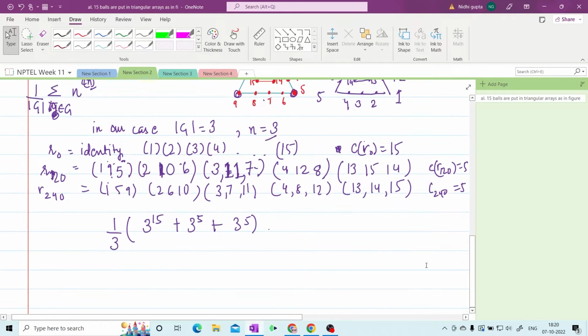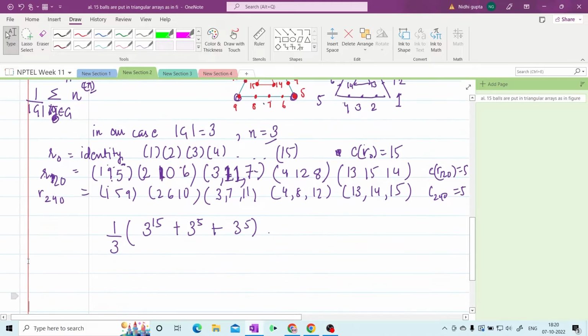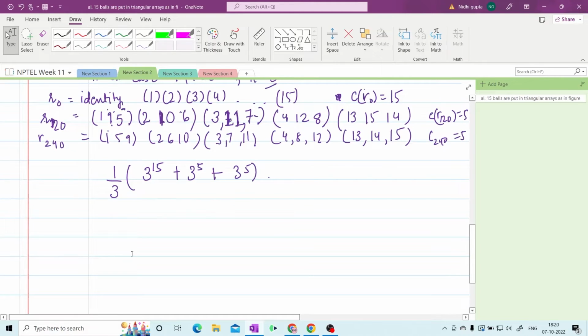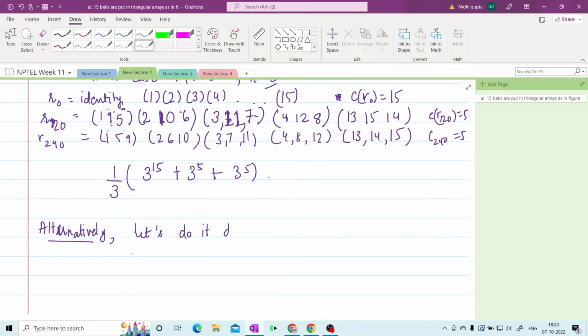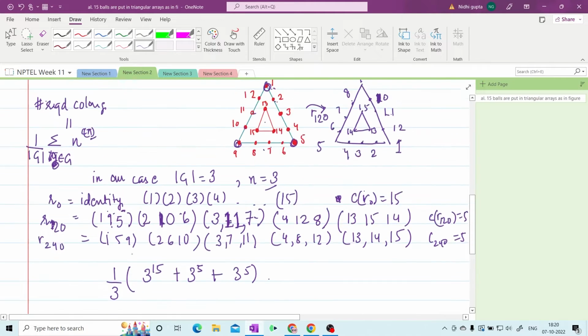So this was the first question, where we applied Burnside's lemma. Alternatively, if we wanted to do this directly, let's do it directly by Burnside's lemma. So Burnside's lemma says that the number